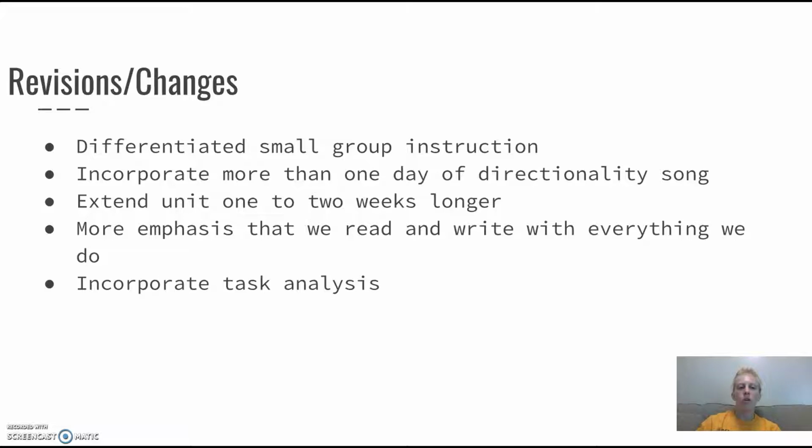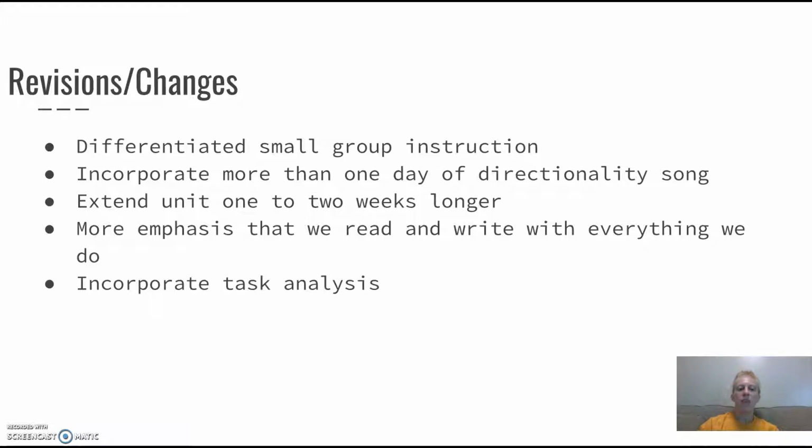I'd also incorporate more than one day of the directionality song. My students do really well when I can put kinesthetic learning along with auditory and visual, and so I would incorporate this into more than just one day. I'd also extend the unit 1 to 2 weeks longer for more practice with it. And then I would emphasize that we read and write with everything we do to make that real world connection